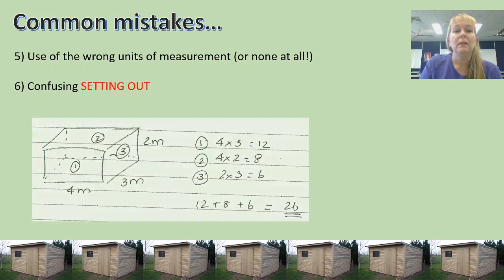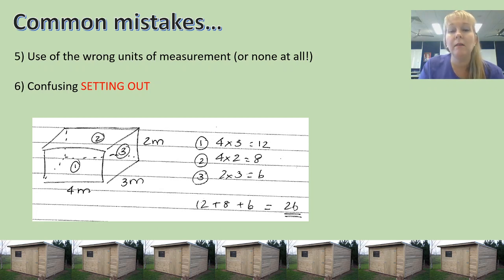For example, they might do something like this. They've drawn the picture, they've labelled the different areas, and then they've jumped straight into doing a whole lot of working, but there's no actual explanation of what it is you're doing. We'd be far better if they'd actually written some formulas, if they'd had some words to explain what's happening here. So we've got number 1 is the front face. It's also the same size as the back face. So ideally I'd like to look at area 1 equals front and back face